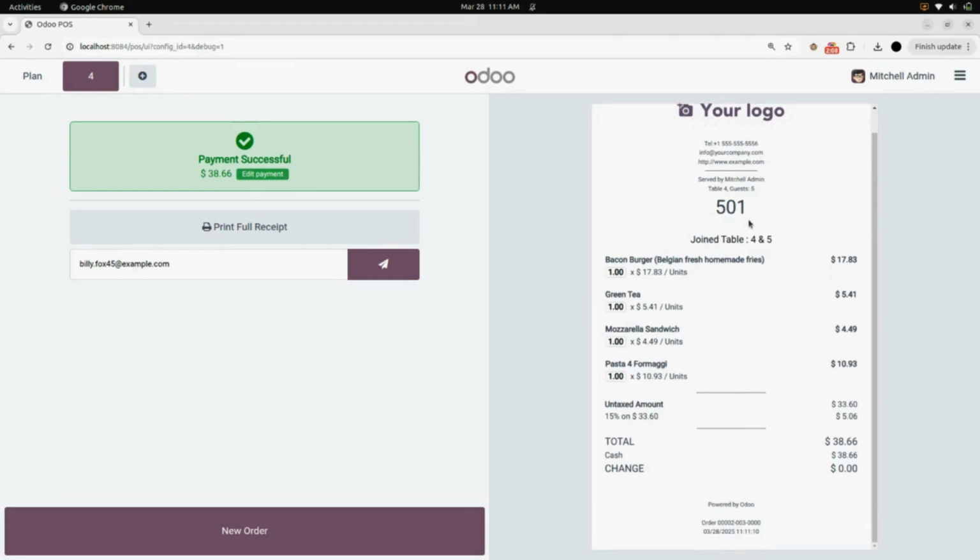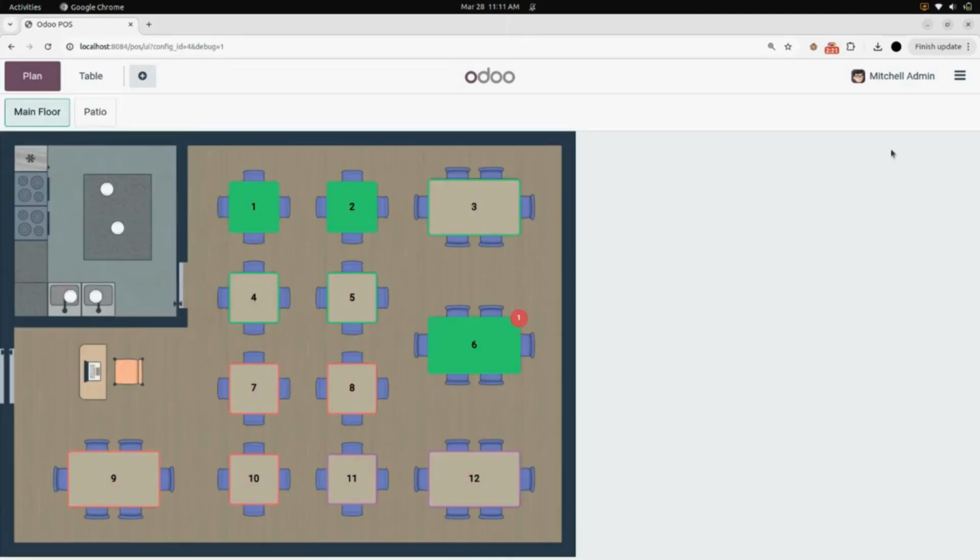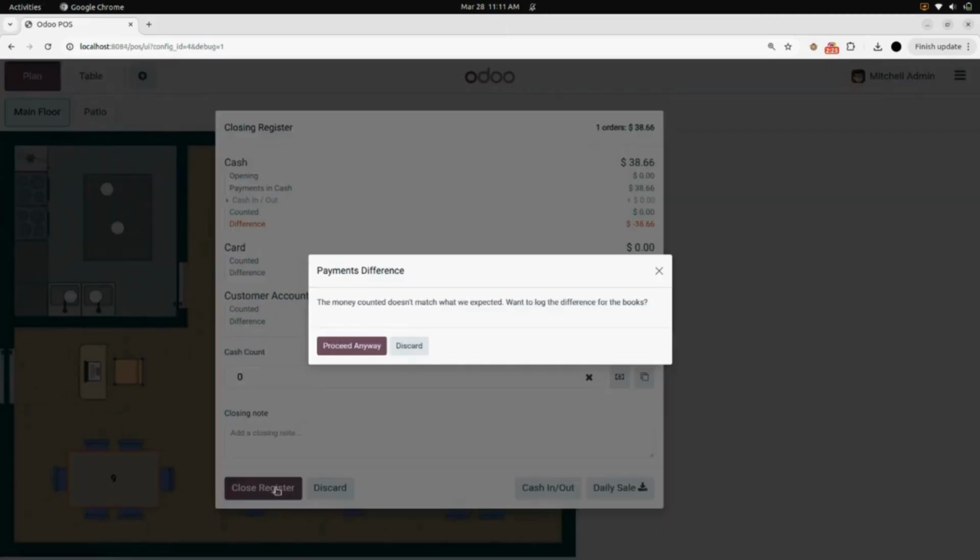And in the receipt also, you can see all the information with joined table and table numbers. Here also you can see 4 and 5 are joined tables. After this, we will just close our register from here